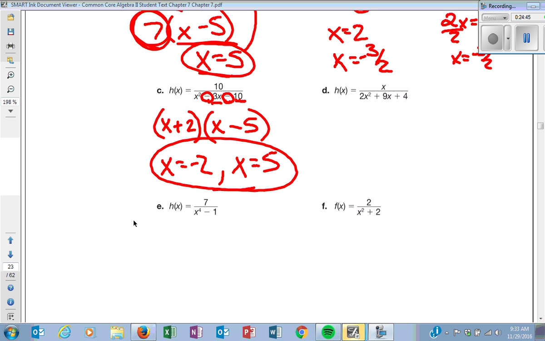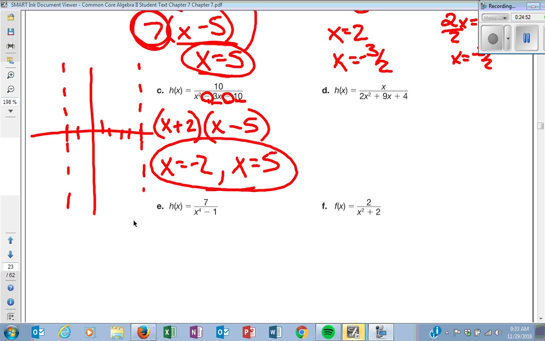If I was doing that on a graph, it'd be negative 2. I'd be drawing a dotted line, and at 1, 2, 3, 4, 5, I'd be drawing a dotted line, and also a horizontal asymptote because my bottom is bigger than my top. Hopefully we're getting this. All right, this one is a little bit more of a pain because I realized, oh crap,